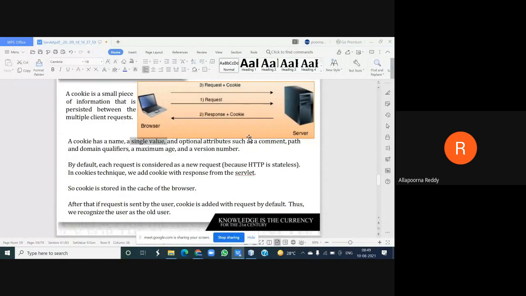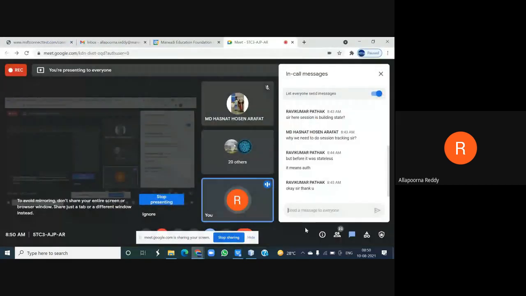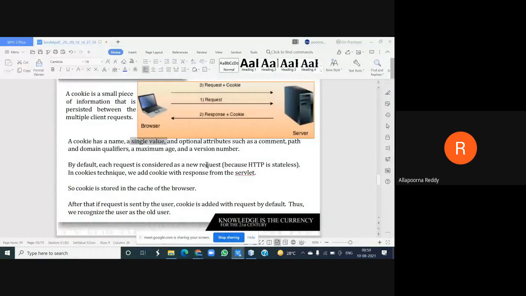At that time, I can show some of the optional parts like a comment, a path, a domain, which domain I'm trying to access, and the age. Age is nothing but the expiry period of that cookie. It is represented in the form of seconds. And the version number I'm using. Like this, some information we have stored in my cookie.